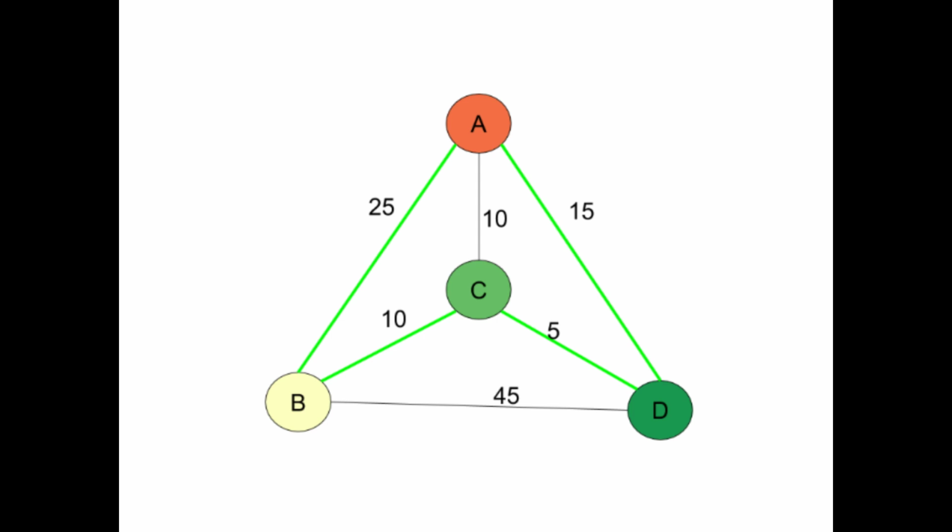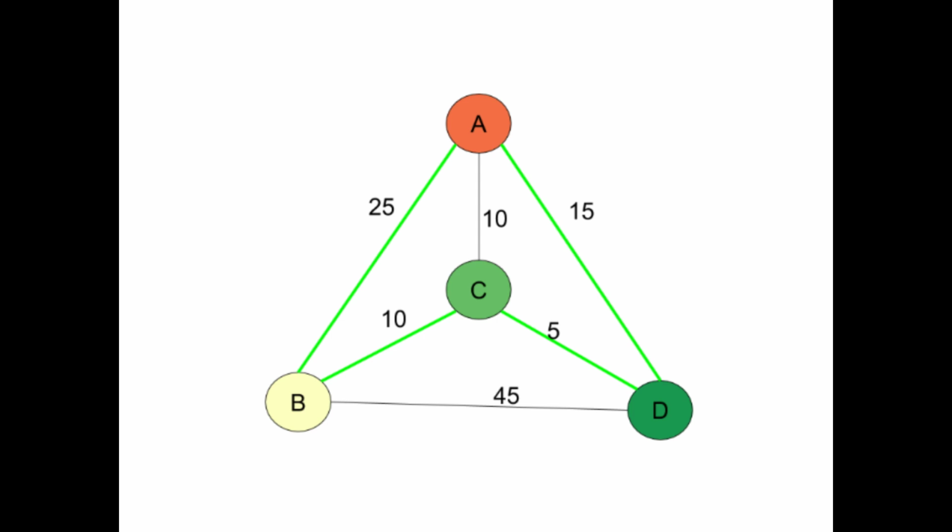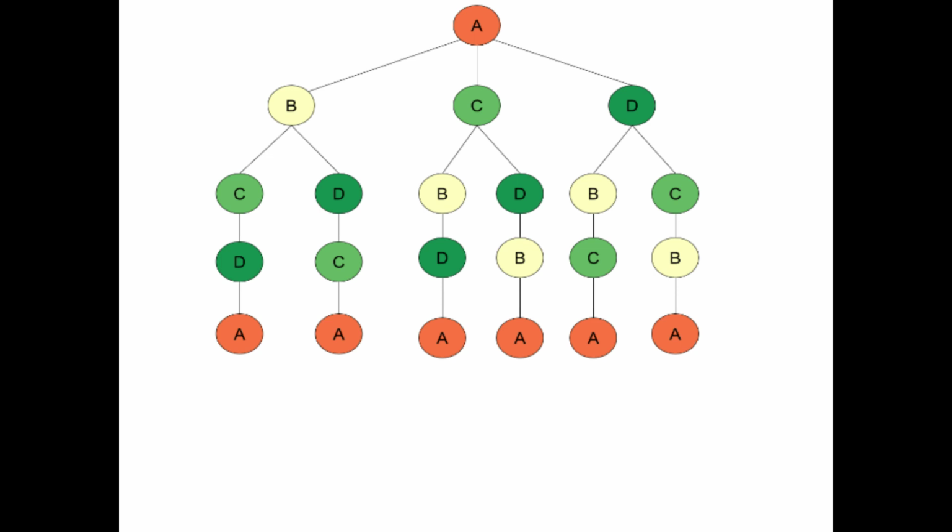If we start from vertex A, the person can go either to vertex B or vertex C or vertex D. Here vertices represent the cities. Now you can see in this graph here, from source A, the person can reach B, the person can reach C, and the person can reach D. So I have represented this using a tree here. Then from B, the person can go either to C or to D. So I have written the person can go to city C or to D.